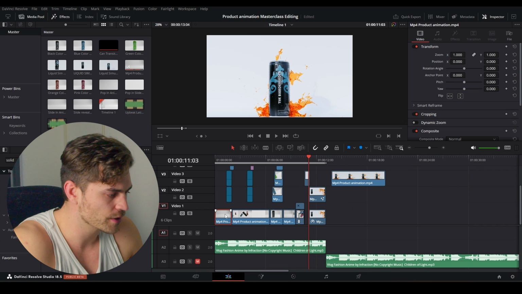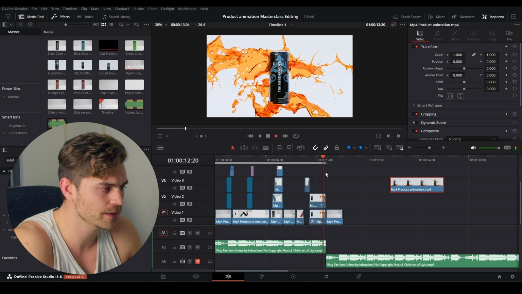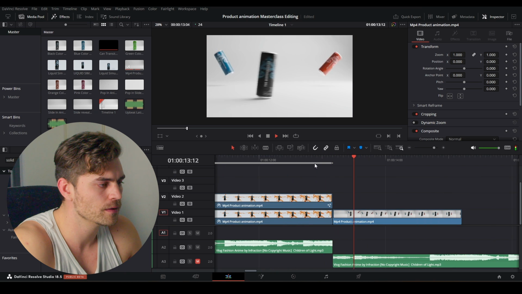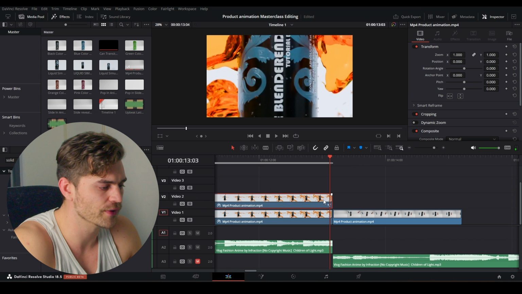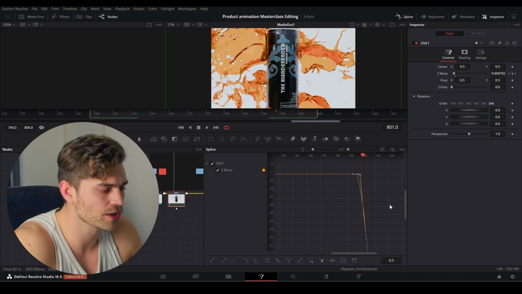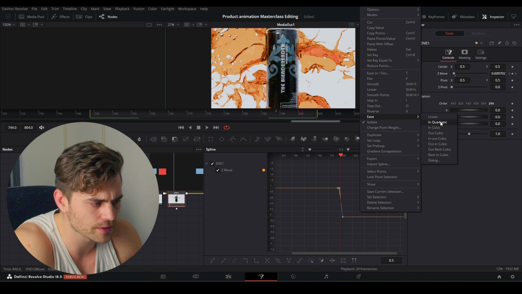So I'm just going to copy this one and place it on the right side to see. Now it's too fast. So we can actually see it's too fast. It should be a lot slower around here. So maybe we can manipulate that. Go over here, called in quadratic.